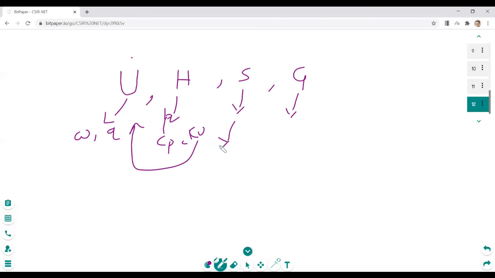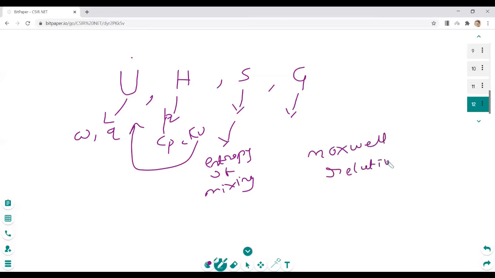Entropy: one of the important questions, a loving question for those who prepare the question paper, is entropy of mixing. This is one important. And then free energy, there will not be a straightforward question, but there may be questions which depend on all these functions. And then one important term is Maxwell relations. It was once a very popular question, now not that much asked, but still important. If you see the question papers, you can see the trend. There will be a repetition of the concepts, not the questions, but the concepts.